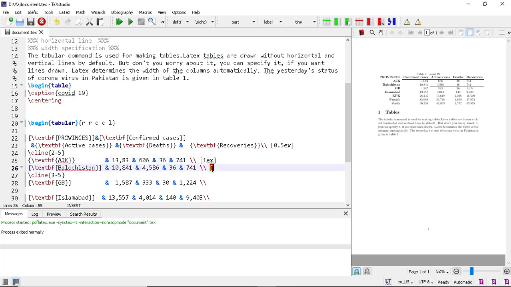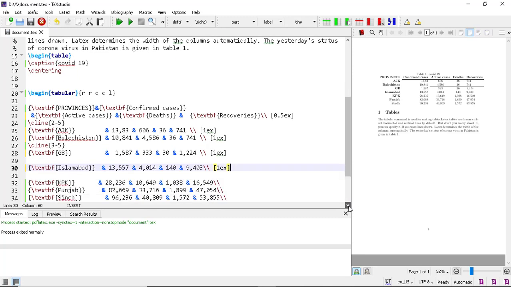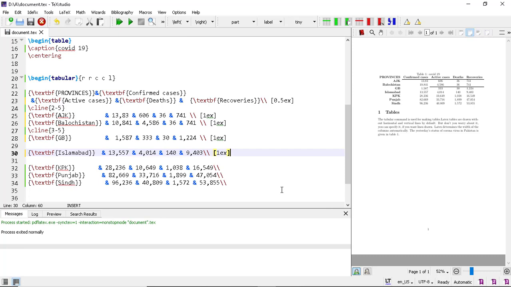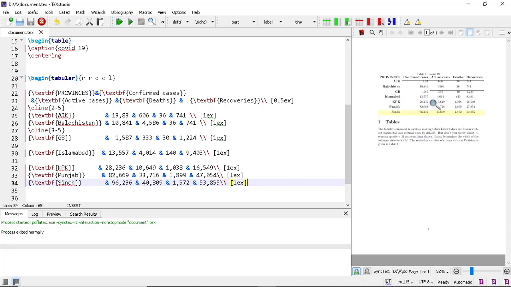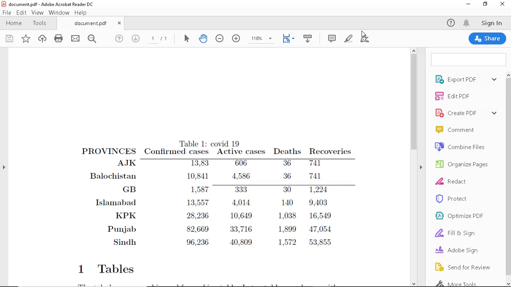Put here 1 ex. This will create a space between the lines, and your table will look pretty good. Now compile it and check the spacing of the table. This table now looks pretty good.